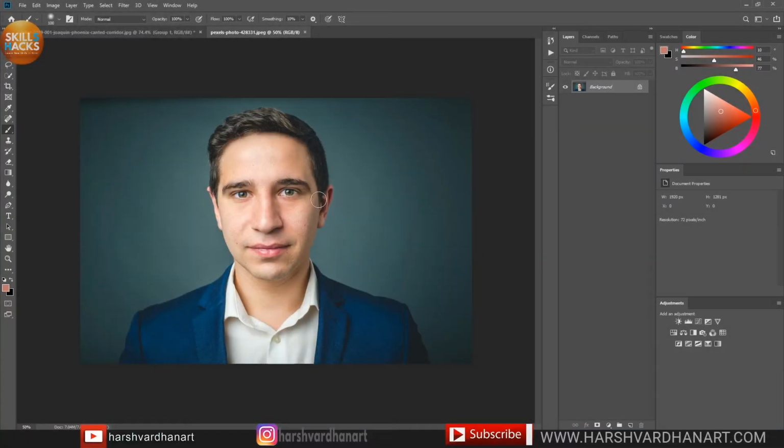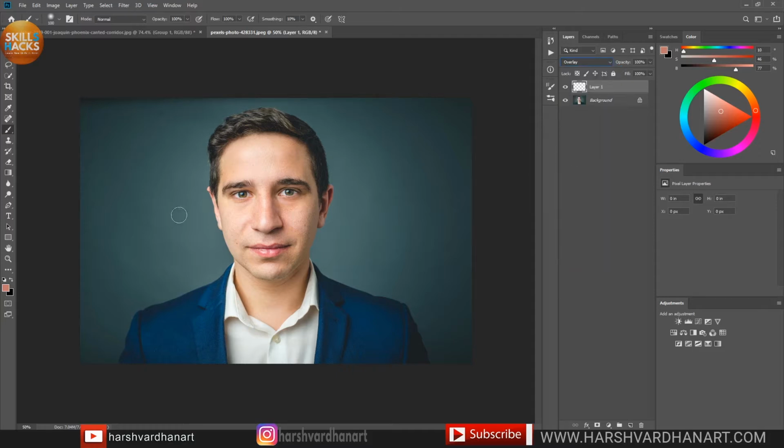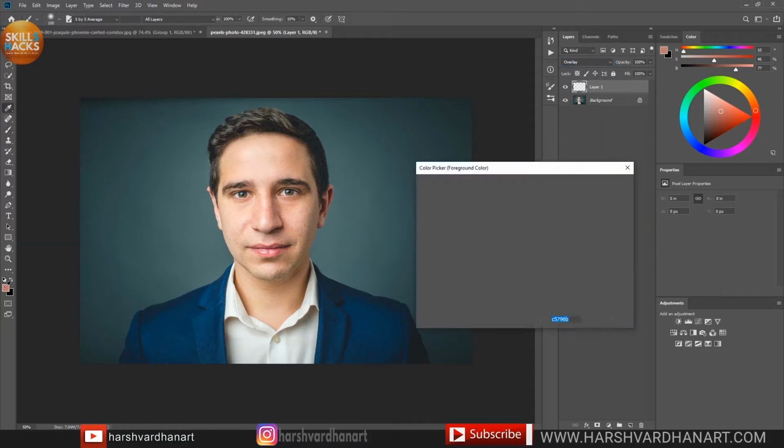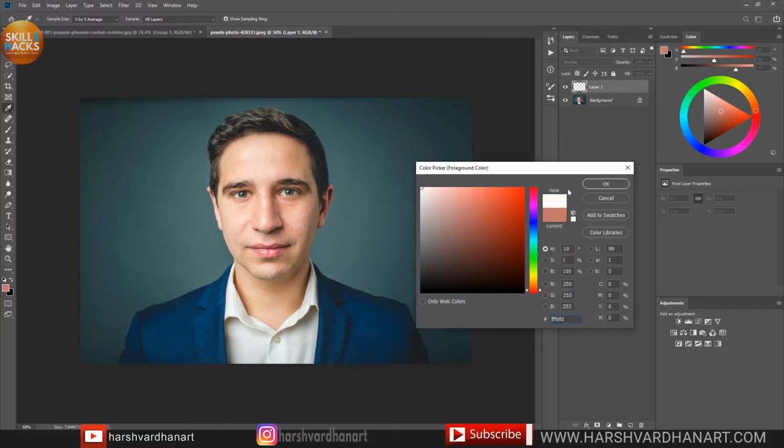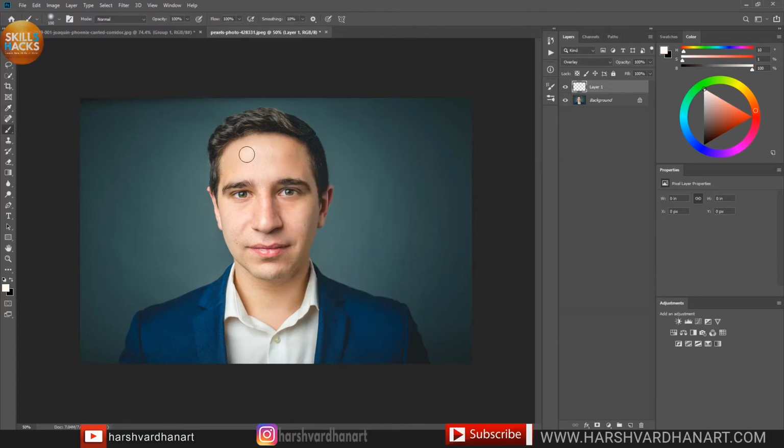So we'll take this image. You can literally take any image. You can take your own image as well. And then we'll take a new blank layer by clicking on this little icon. And then we'll change its layer blend mode to, let's say, overlay. And then we'll choose the white color from this foreground color. Press OK. We'll choose the softest brush. And then we'll paint on the face